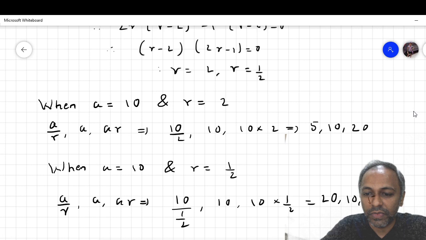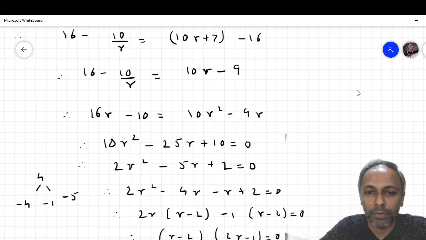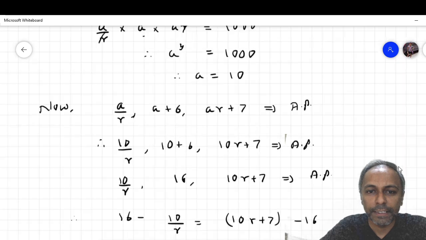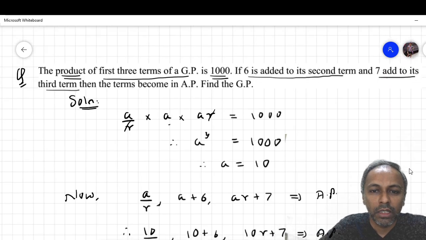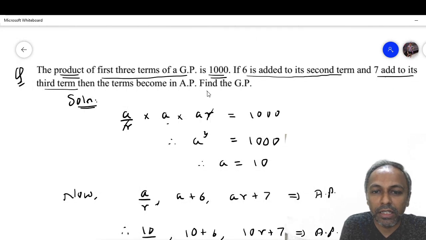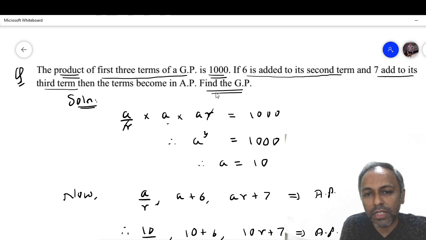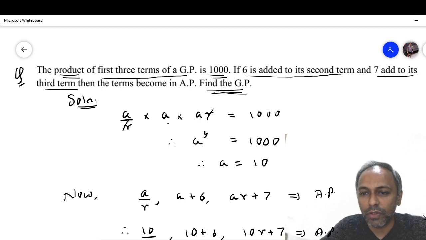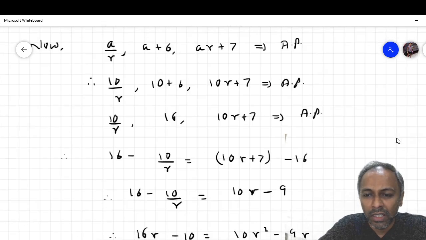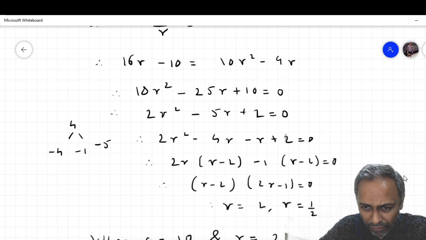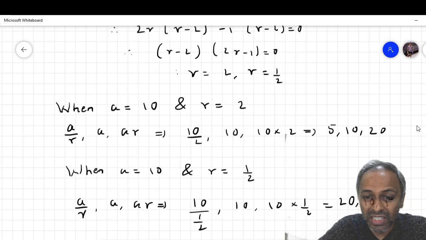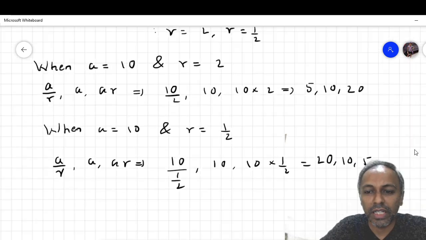Let's look at the question and verify if there was anything else that we have missed out. They have said find the GP, and they are saying only about the first three terms. So we have found the GP. We can, if we want, because the language was first three terms,